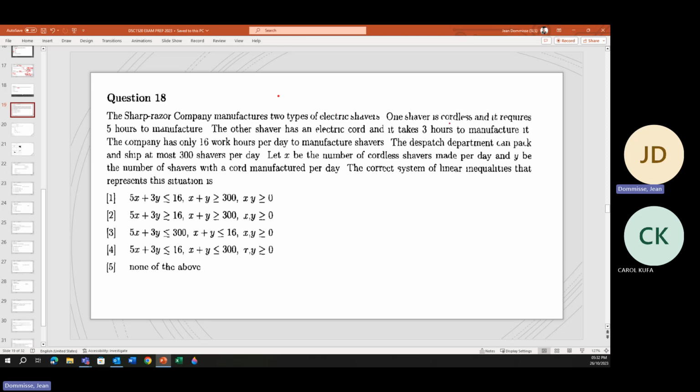One shaver is cordless and it requires 5 hours to manufacture. The other, yes,